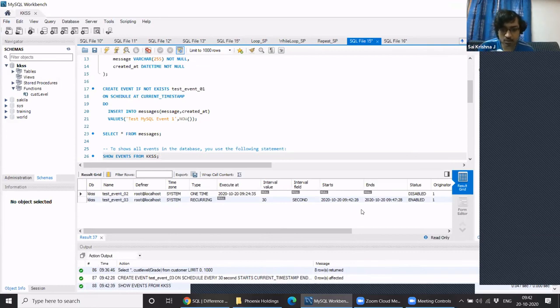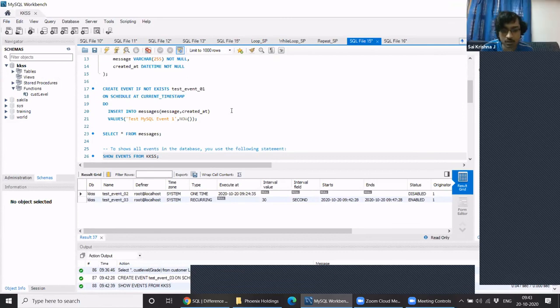Maybe you couldn't possibly check this out, but I was just curious. In case a stored procedure has run or not run, is there a provision to show those logs anywhere? See, if it hasn't run, it will give you the error, because if you execute this query and have any error in it, it will show the error in the action output at the bottom itself.